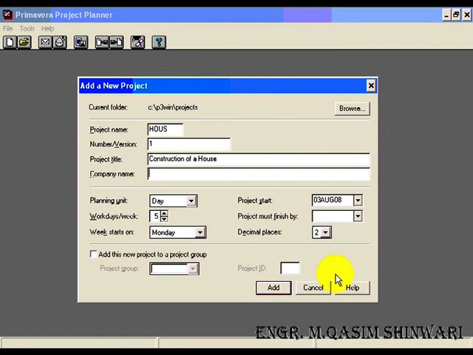Let the company name be SGA Group of Contractors. The planning unit is day, but for mechanical engineers it's R. As we are doing a project of civil engineering, let me modify it to day. Work days per week are 6 and the week starts on Monday. Project start date is